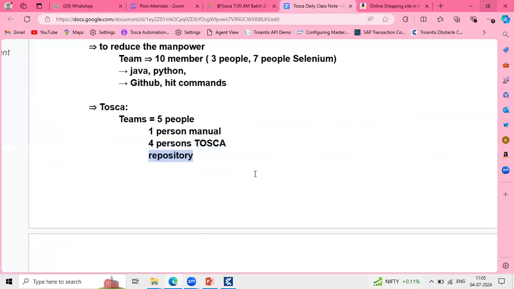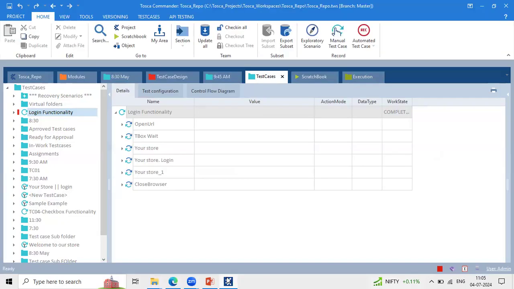And can we schedule any runs? Like in Jenkins, if we are running a suite, we schedule that many test cases to run. Can we do that through Tosca? Yes. We can integrate Tosca with Jenkins, Tosca with Bamboo, Tosca with qTest. All these third-party tool integrations are possible. You can schedule the execution in a similar way to how you do it for Selenium in Jenkins. Yes, we can do the same thing for Tosca as well.